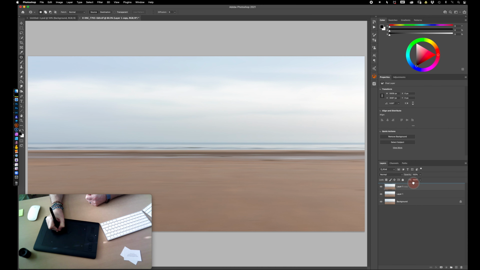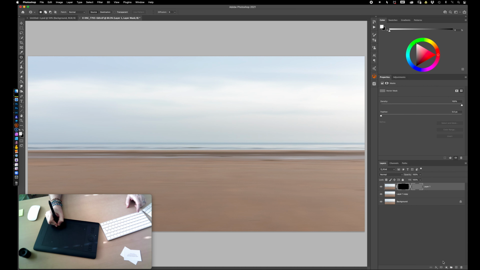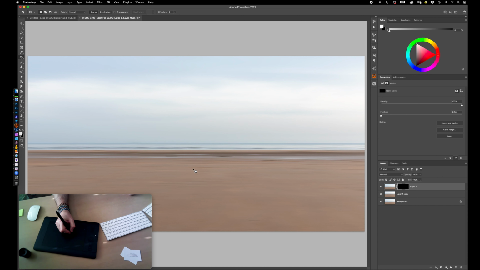And then use this one and bring Lee back in. I want to hide her, so Alt and click on the mask. Now, how do I know where to brush her back in? And this is another tip. In a technique like this, I sometimes do that rather than make big selections. And all I do now is I just remove the density of the mask, so that Lee would appear back in. I'm going to zoom in,